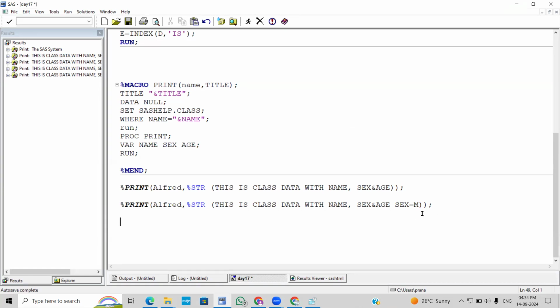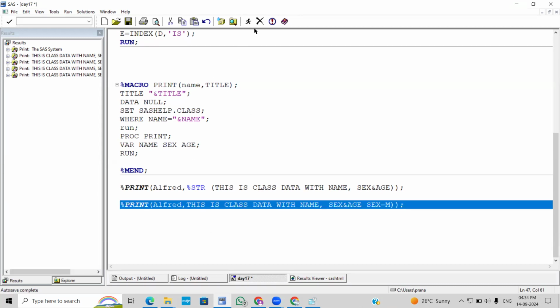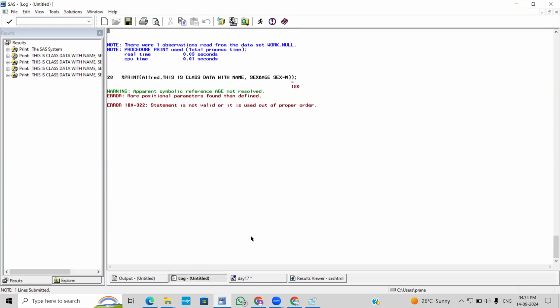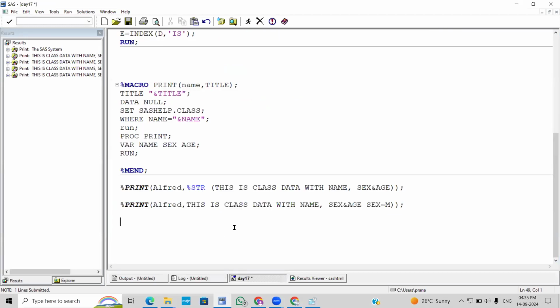So here we also have another value called x equal to m. Suppose I remove this masking function, so what happens with this equal to symbol? We have given x equal to m, no? So it thinks it is a keyword parameter, so it raises a warning in the log. You can see here: more positional parameters found than defined, and if we give only two parameters, it shows that keyword parameters must precede